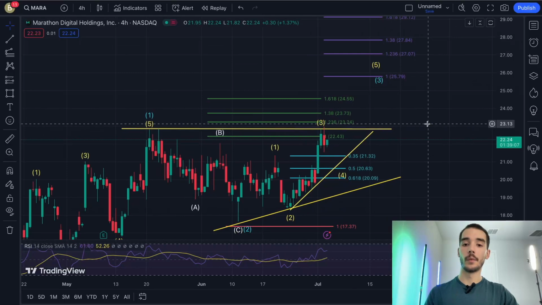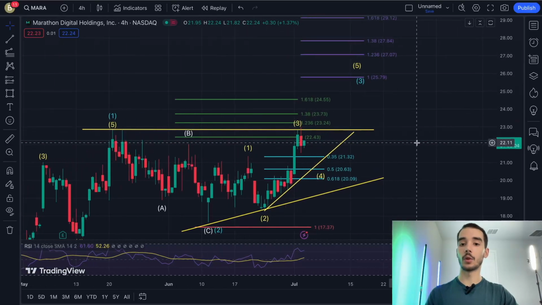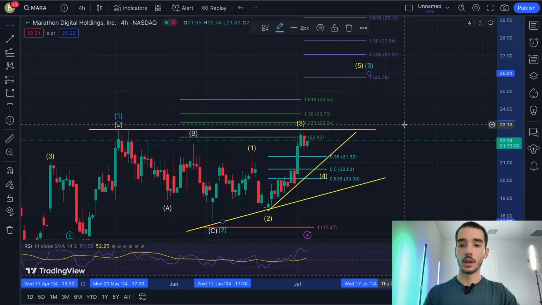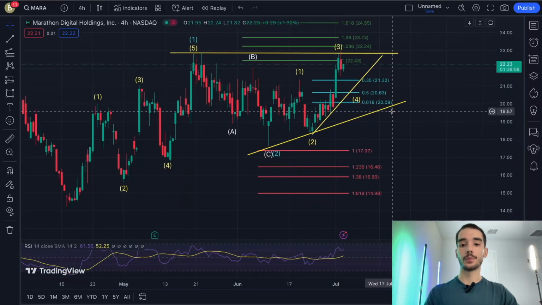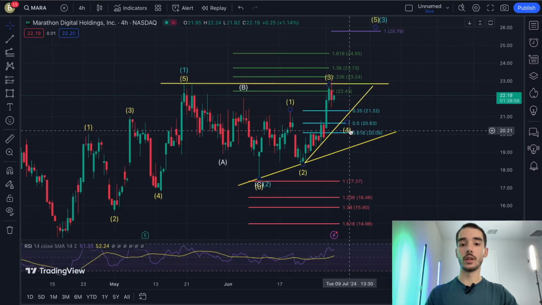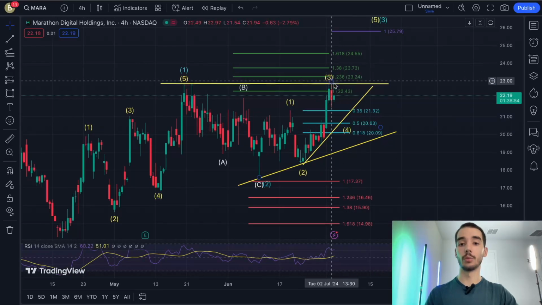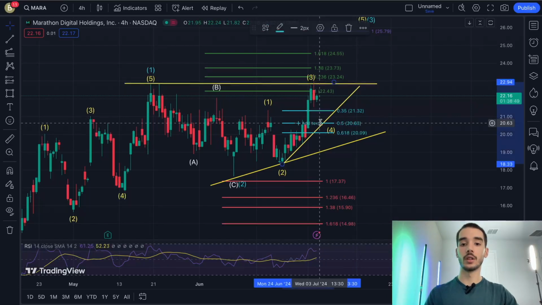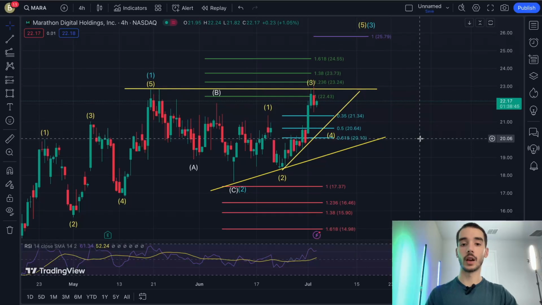So hopefully that made sense. And then of course that would be also where the overall third wave ends as well. So until then, this third wave is still in play because we can see the price move higher. If the price moves higher, we'll just move this as necessary, although right now this is what I consider it to be accurate.